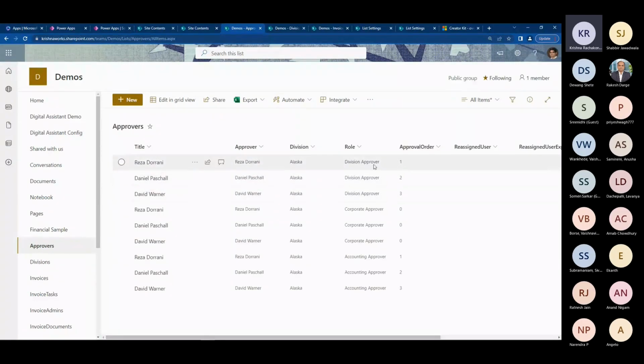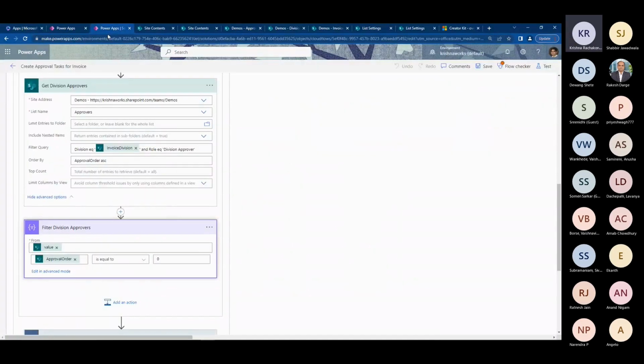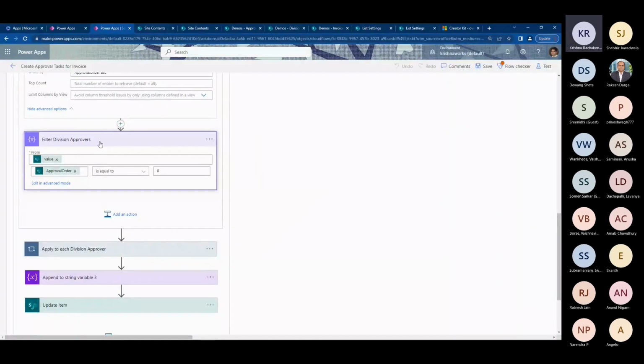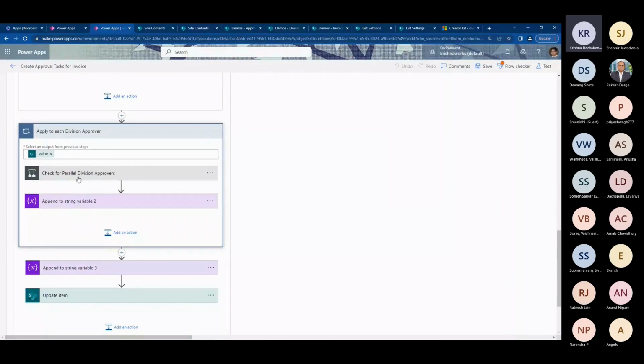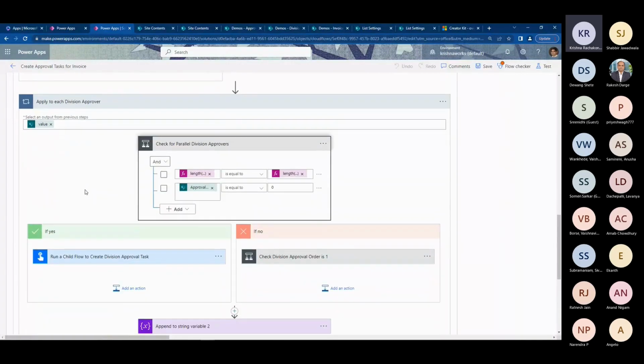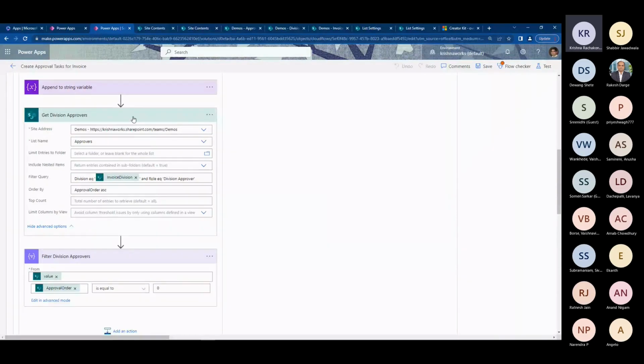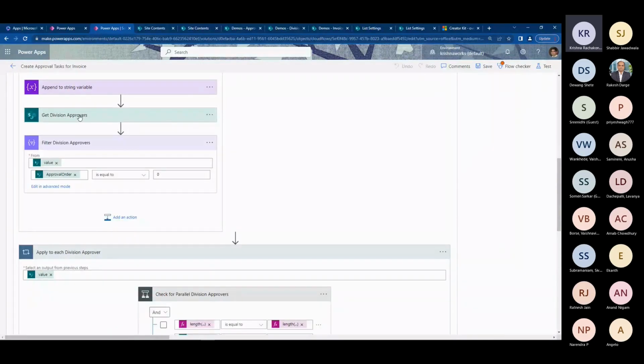So there are no zeros here for the division approval, right? Let's remember that. So now this filtered items action will return 0 items. Now I have a condition down there which compares the total number of items this SharePoint list returned versus the number of items this filtered action returns. If both numbers are equal, that means all of them are parallel approvals. If it is not matching, that means they are sequential approvals clearly, because I hard coded